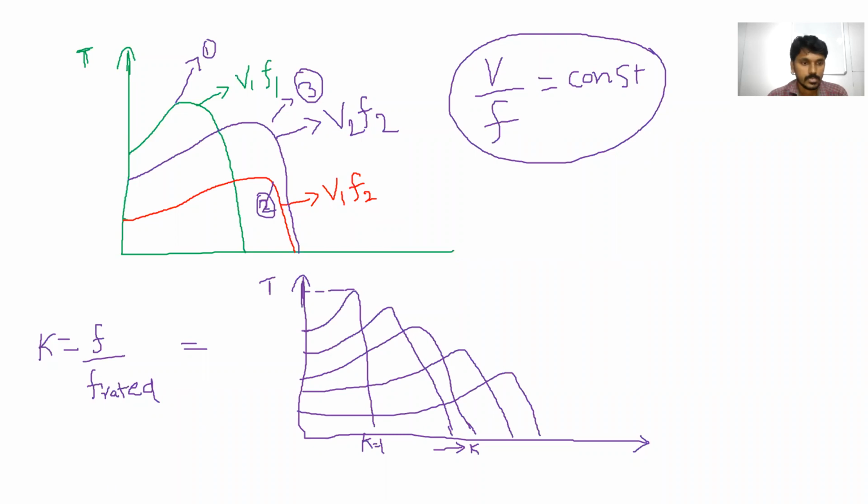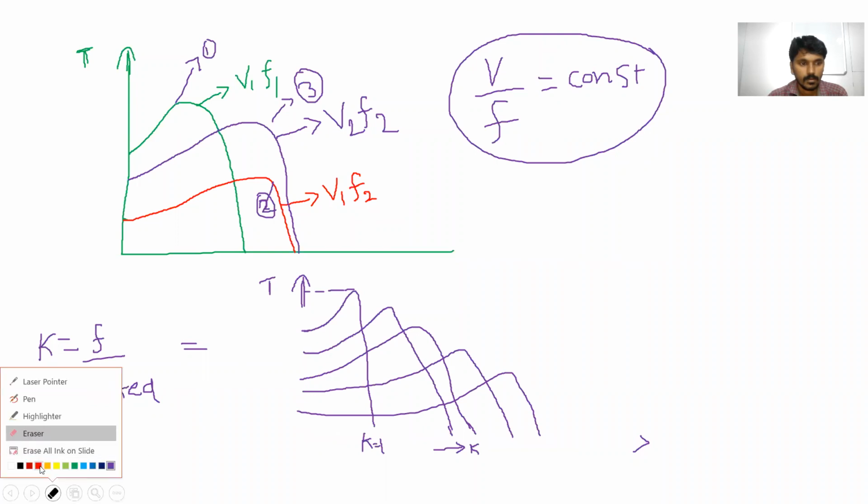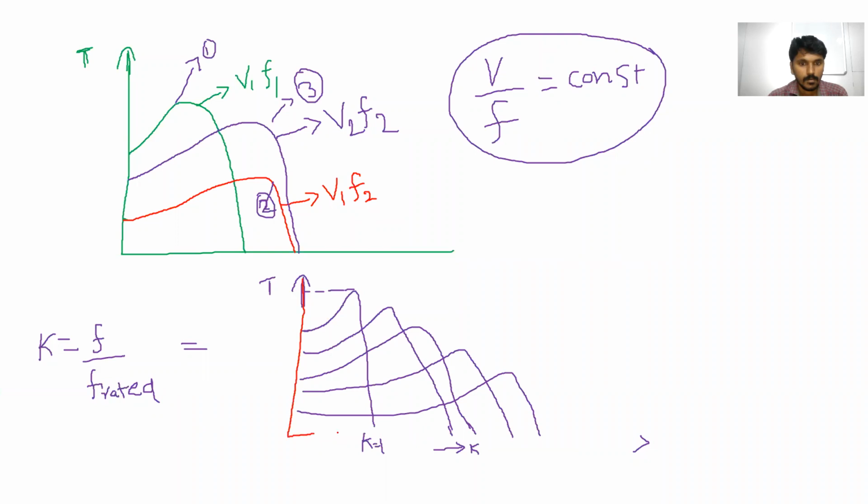So what we can say here? If K is equal to 1, then rated frequency is equal to